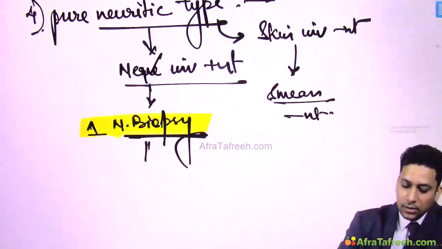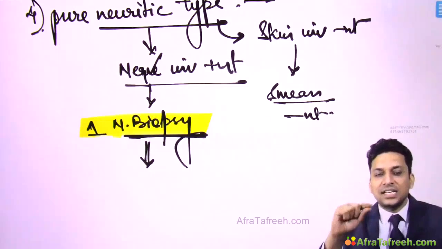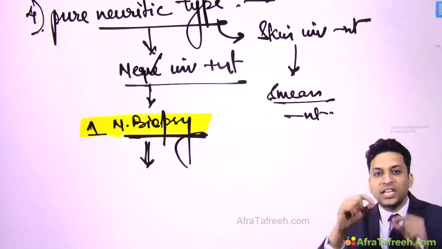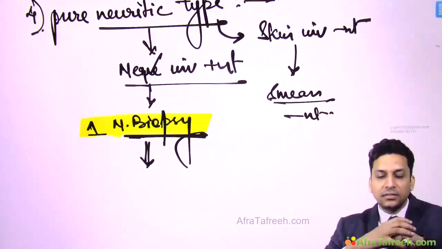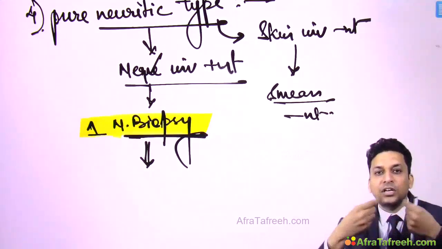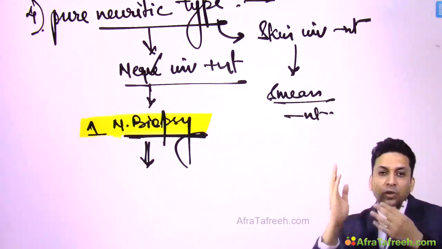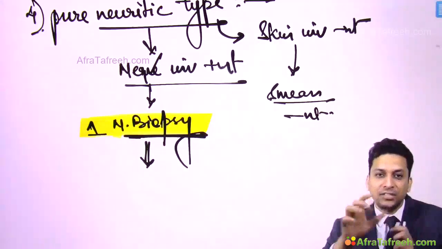Answer is yes. So you should always take biopsy from a sensory nerve and not a motor nerve. Why? Because you are taking a small tissue out of the nerve and there is a high probability that you might damage that nerve. So if you have taken biopsy from a motor nerve, the patient will develop motor deformity, isn't it? Leprosy would have given motor deformity later, but you have given motor deformity there itself while investigating the case.